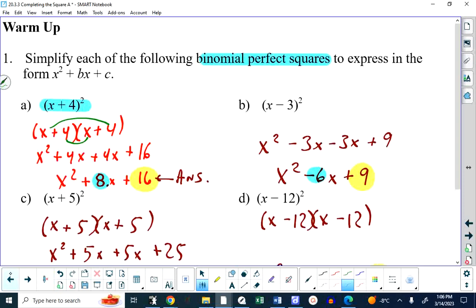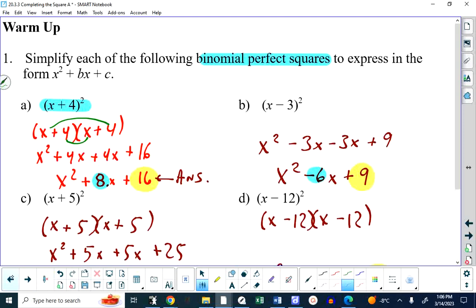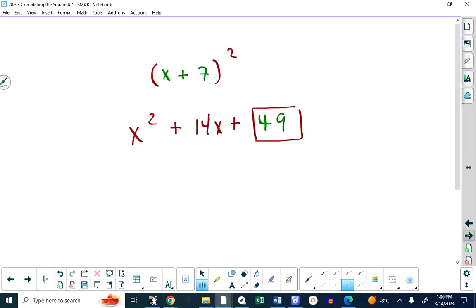What Nate said is he took 14 and he divided by 2 and then squared it. So if we go here and I take 8 divided by 2, that's 4. 4 squared is 16. Negative 6 divided by 2 is negative 3, squared is 9. 10 divided by 2 is 5, squared is 25. Negative 24 divided by 2 is negative 12, squared is 144. So the answer to this question is